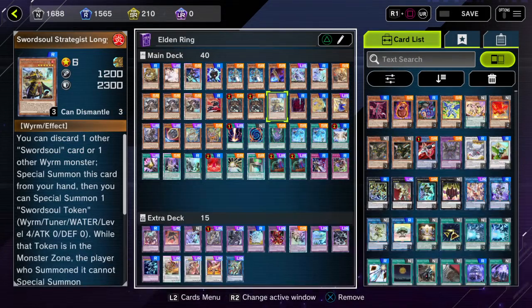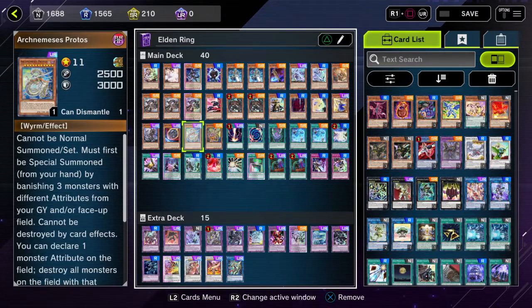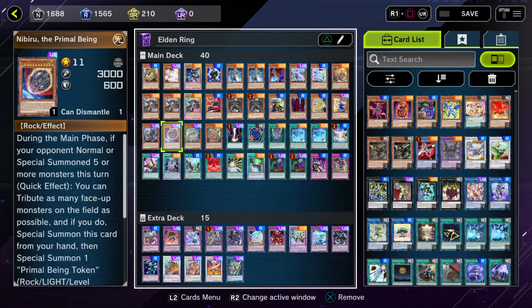And, you know, something like that. I believe this wraps it up. These are in here because there's a lot of type and attribute diversity, or decent enough. These are in here because they're good hand traps. So this